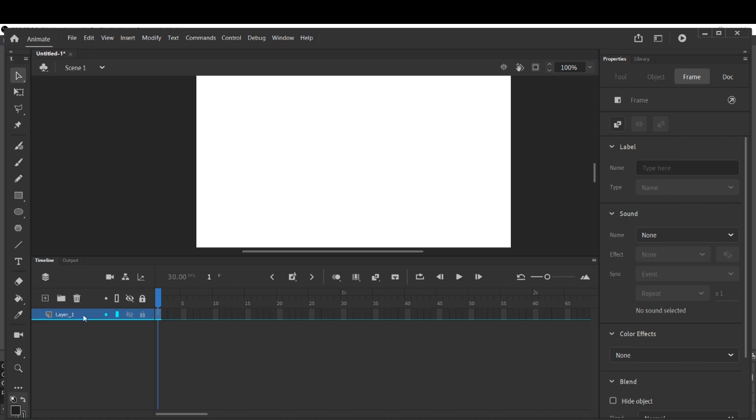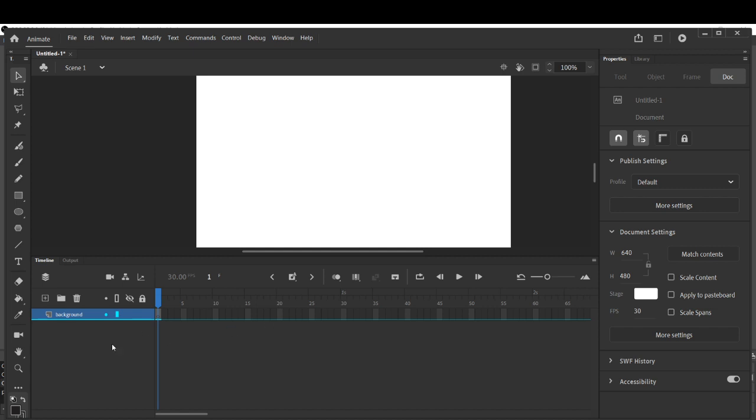There are 3 methods. The very first method is to select the layer which you want to rename and double click on it. So I am going to rename this layer. Let's double click on it. You can see it is highlighted now, and instead of Layer 1 you can press the backspace key and write your new layer name. I am going to write it as background. In this way you can rename it and click somewhere else. Now you can see that after renaming, the layer's name is now background.